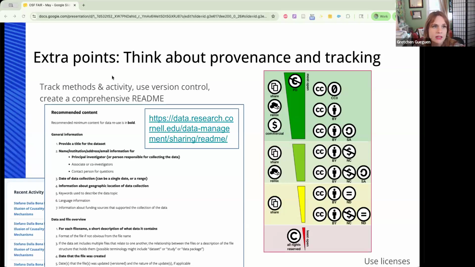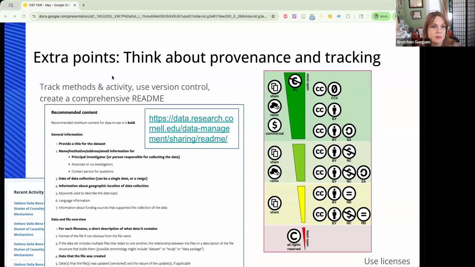You can do that, and you can also do other things by including a plain text README file. It can explain how to access and use your data. It can give details on software or tools needed to open files, and it can explain access restrictions or requirements. The file should also specify your data or code's relationship to other files, so it can explain the relationship between code and data sets and manuscripts. So the comprehensive README ensures that your data can be used and interpreted by others.